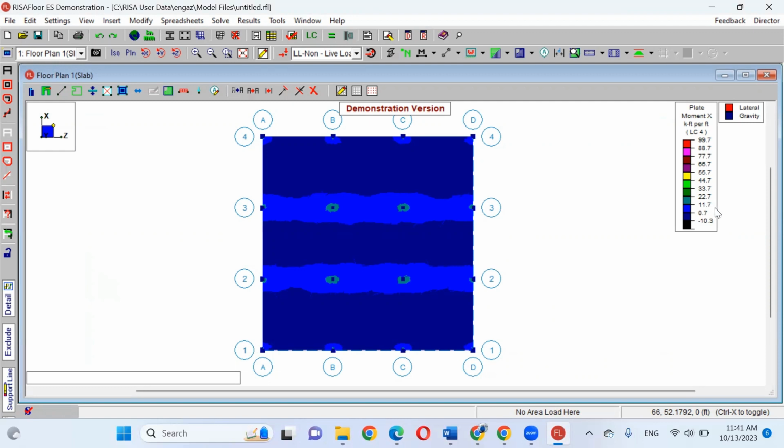So it looks like the highest value of your moment will be around 11.7 kip-foot. Does that make sense? So these colors and these values represent the value of moment at any point on the slab.